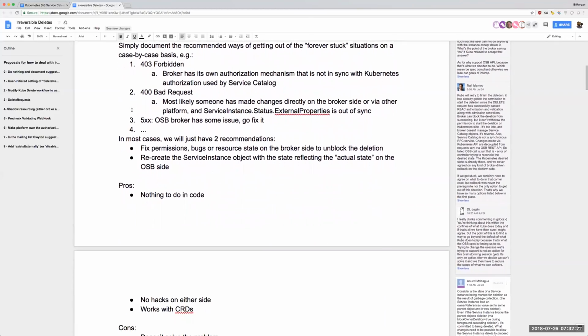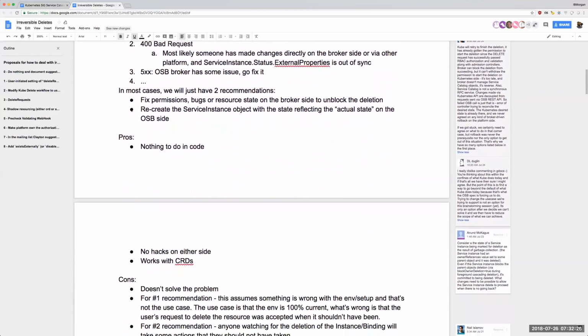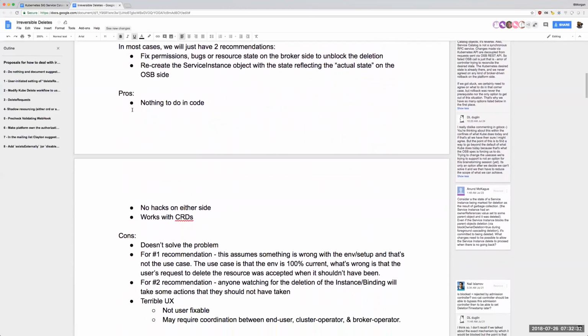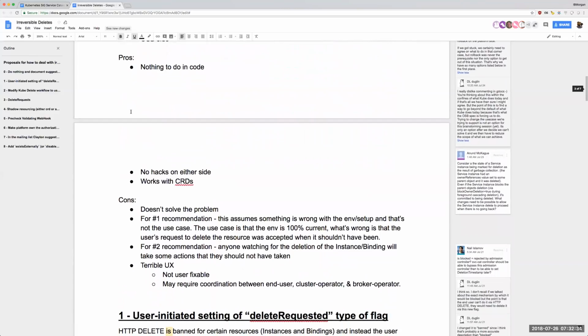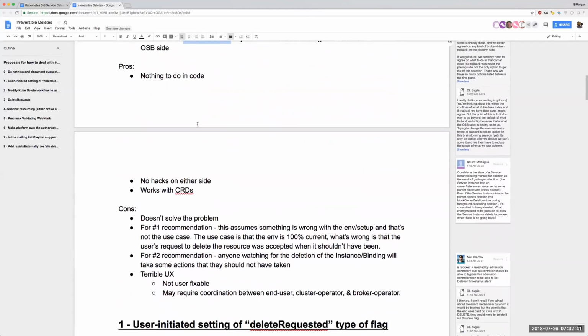I think the user interface there is not good. But fix permissions, recreate the service instance. I think some of the just recreate it is problematic in terms of A, we have to know what to recreate, and it's gone, and B,